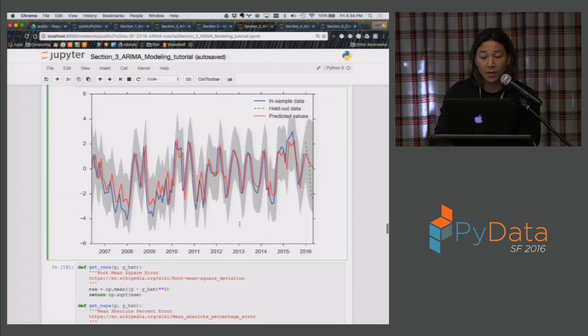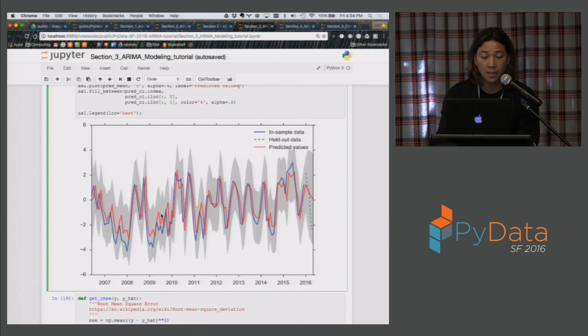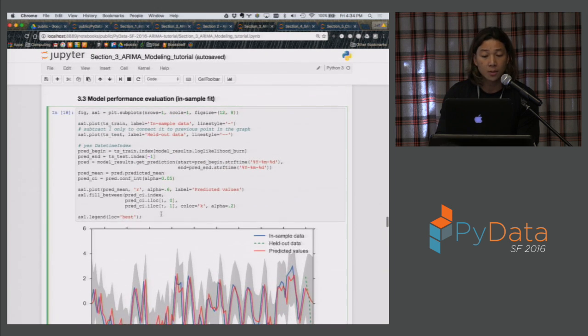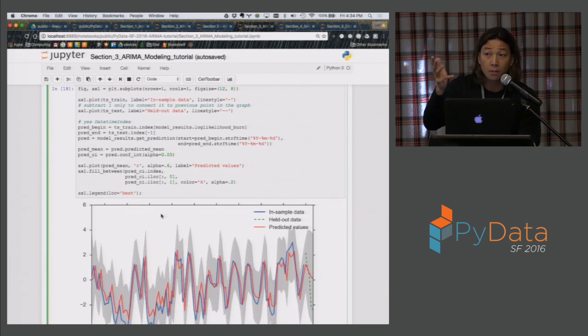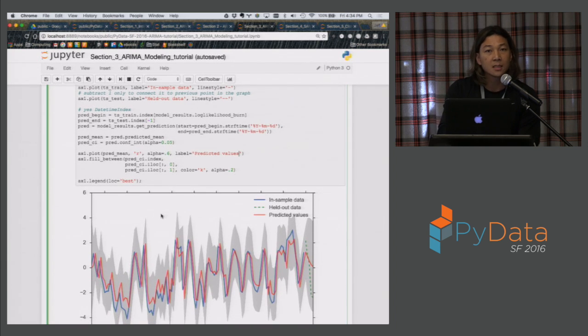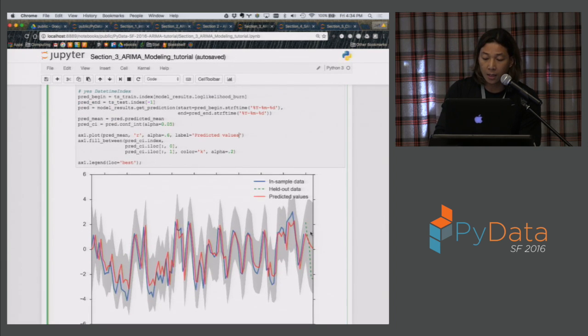So the in-sample fit looks pretty good, which is the red line and the blue line, based on the model that I use. Again, I only use the AR2 model, or the ARIMA(2,0,0) model. I didn't use the model that is based on the best BIC, at least in this example. And then on top of that, we left out some sample. We try to forecast what the